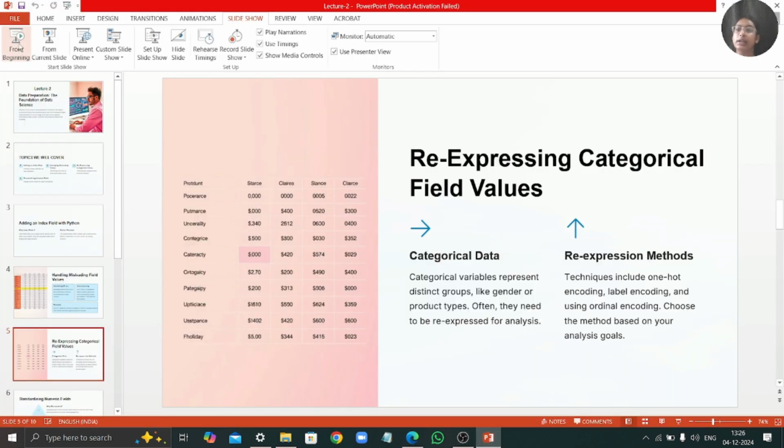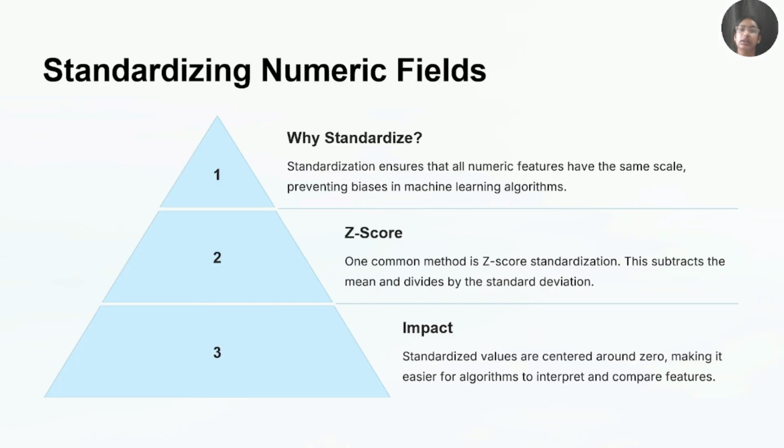In the later part, we are going to cover how to standardize numeric field values. Why standardize? What's the need? It is needed because we want to ignore the biases. We want to prevent the biases which can be there in numeric fields, because we want each and every value